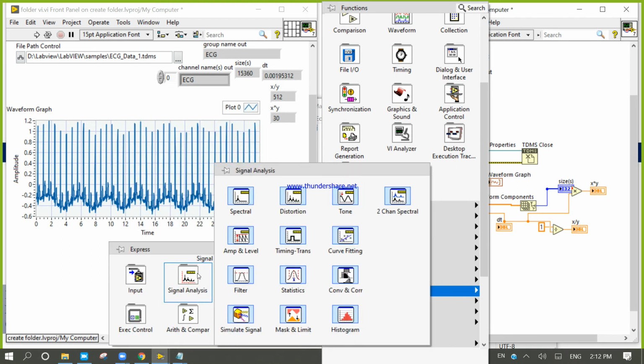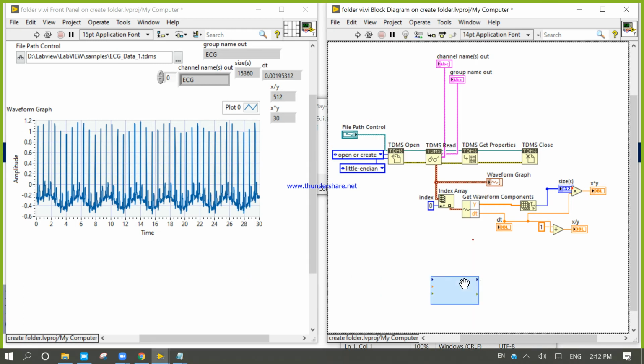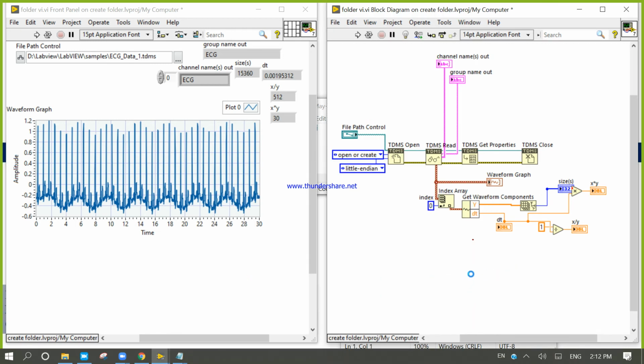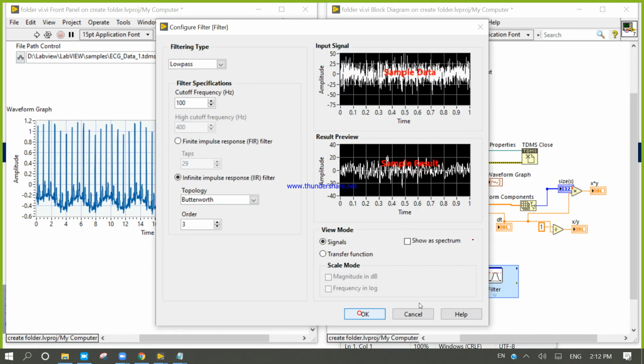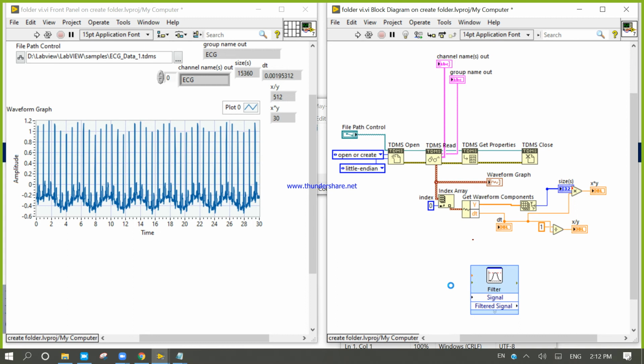For the baseline boundary, I can use one filter. Okay, let's see. When it is clear, I will show you.